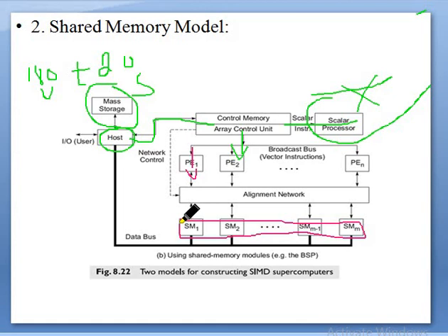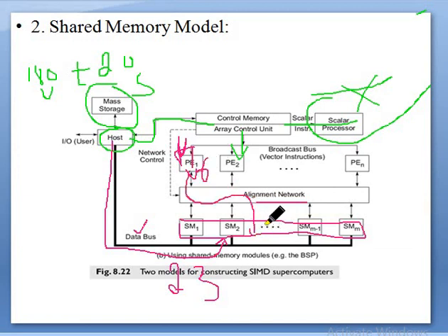So you can imagine this shared memory. The host loads data to this shared memory through the data bus. The instruction star is here, and values 2 and 3 are here. P1 will fetch the data from shared memory via the alignment network, calculate the answer, and update it again in the shared memory. That's why we have a bidirectional connection.